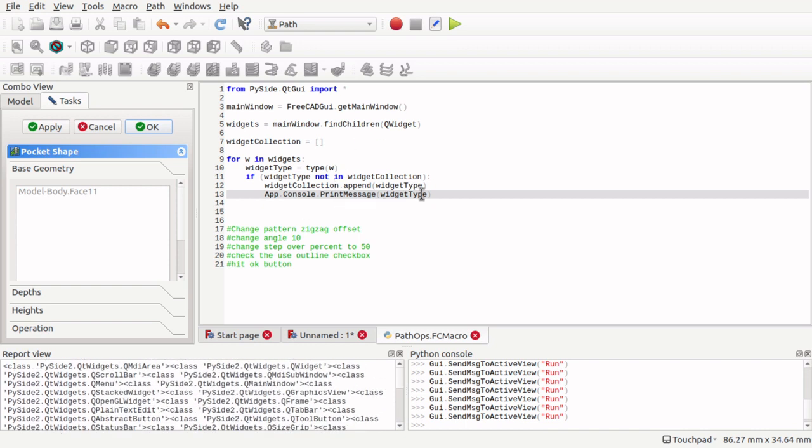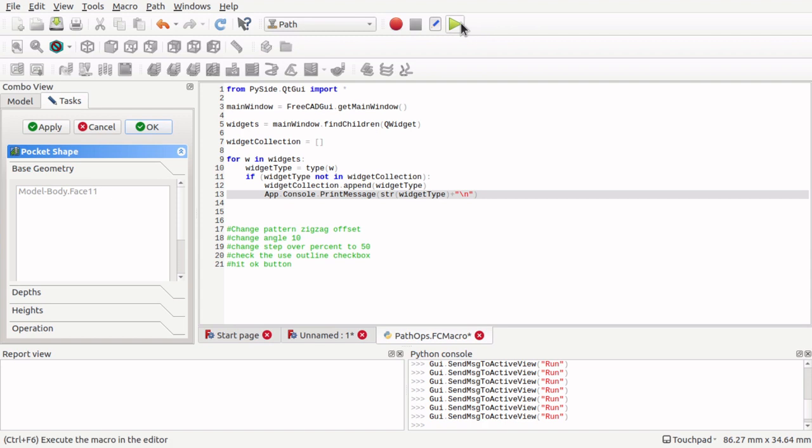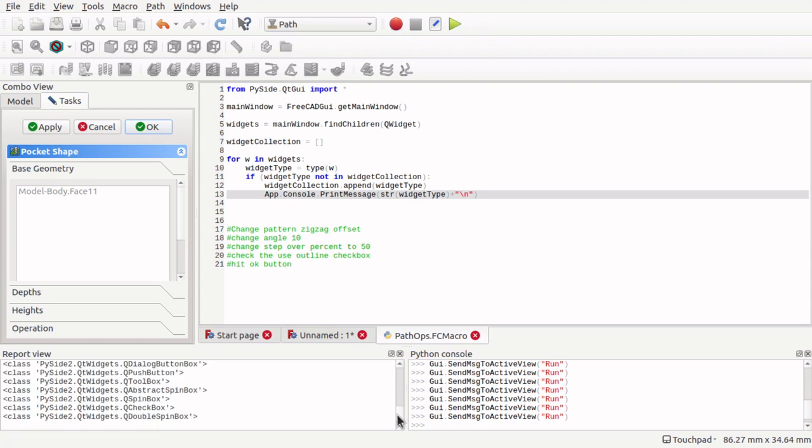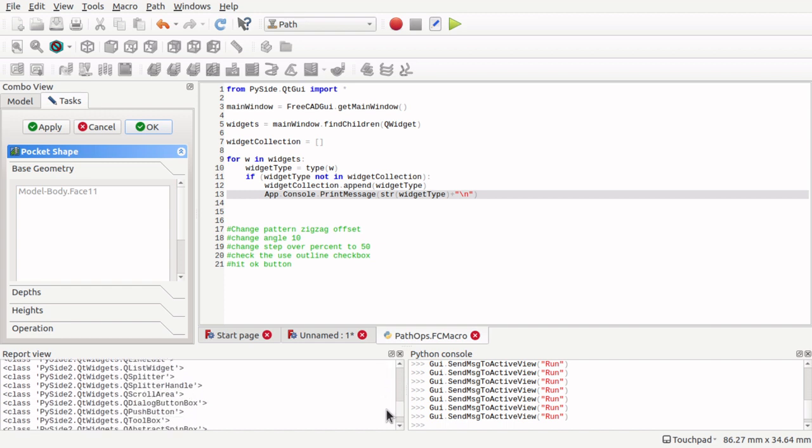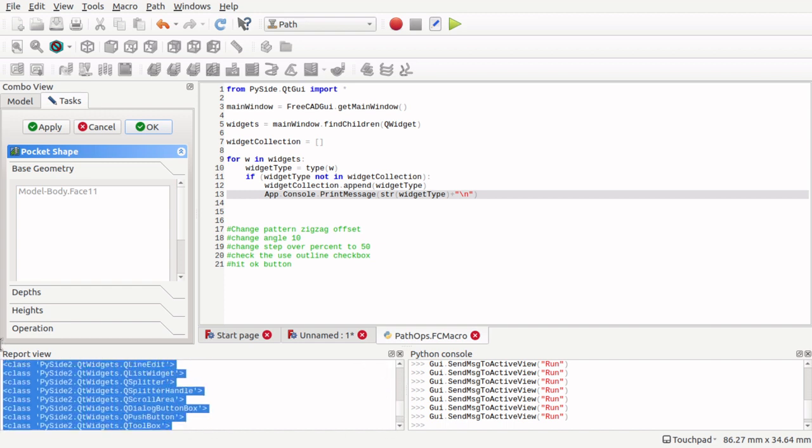Let's make this a bit nicer. So app.console print message, and I'm going to convert that to a string. The reason I'm doing that is that I want to append on the end a new line character. What that does is it makes everything go on a new line. There we go. So already this is looking a bit neater, and we can see literally what we've got in here. And I'm just going to copy this